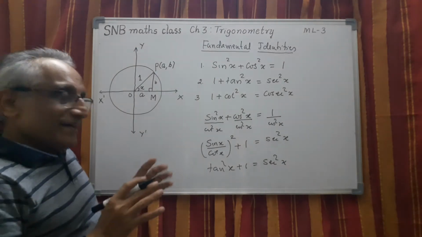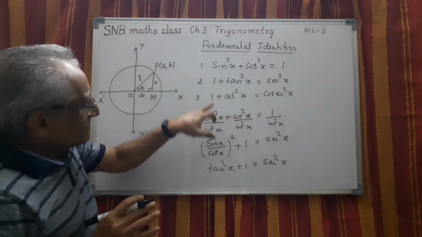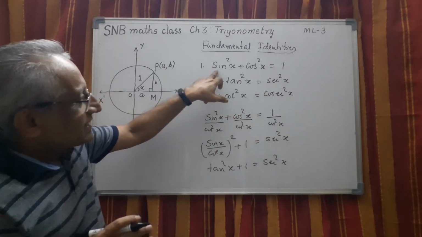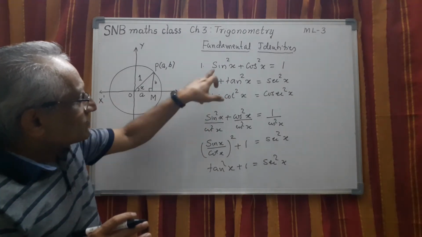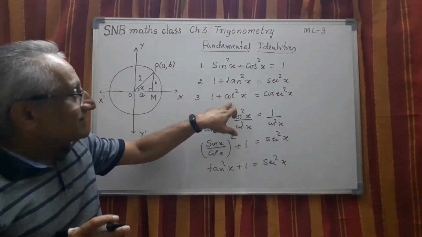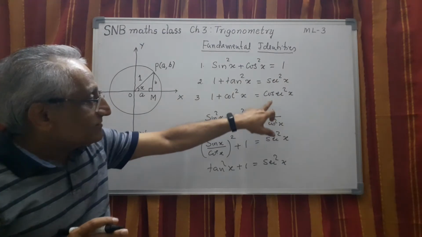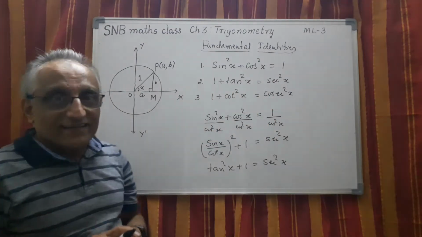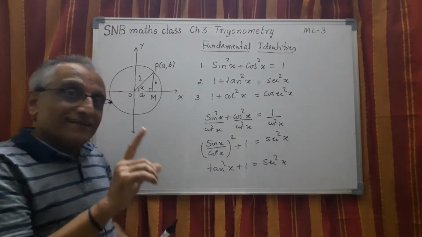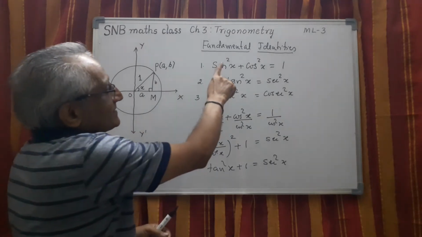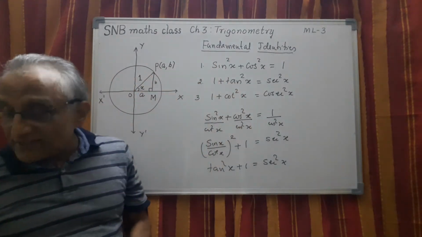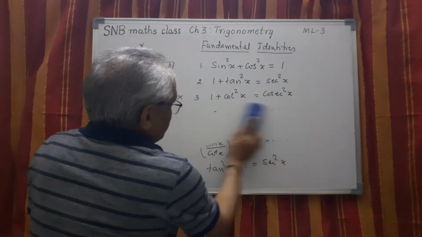Now I think you can guess how to prove this one using the same method. Instead of dividing by cos square x, take this identity and divide by sin square x. So sin square x by sin square x becomes 1. Cos square x by sin square x becomes cot square x. Then 1 by sin square x becomes cosecant square x. So this is the trick actually. Basically we take it as 3 fundamental ratio identities, but strictly speaking there is only one identity, that is sin square x plus cos square x equal to 1. The same identity can be written in 2 different forms using other trigonometric ratios. So this is the understanding.